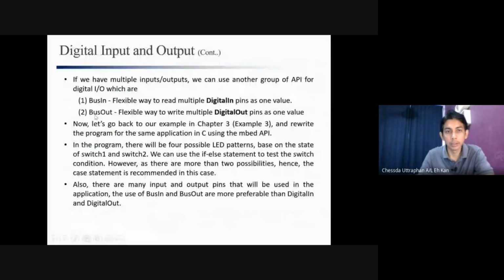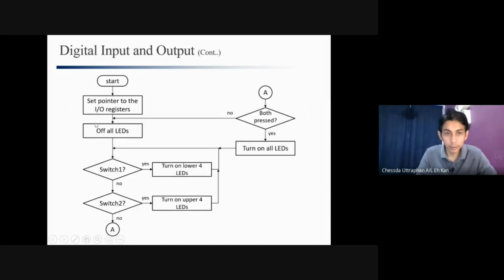So yes, you can use BusIn instead of DigitalIn. BusIn is a flexible way to read multiple digital inputs as one value. BusOut is for digital output. Okay, so let's say we have this